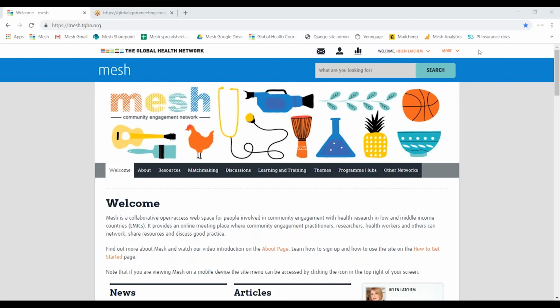So it probably seems like a good time for me to say something about community engagement while we're talking about it. Lots of different individuals and organizations use different terms to discuss it. It could be public engagement, community engagement, public outreach, public and patient involvement, participation. There are lots of different terms, but on MESH, we don't exclude any of those things. We're open to all the different definitions.